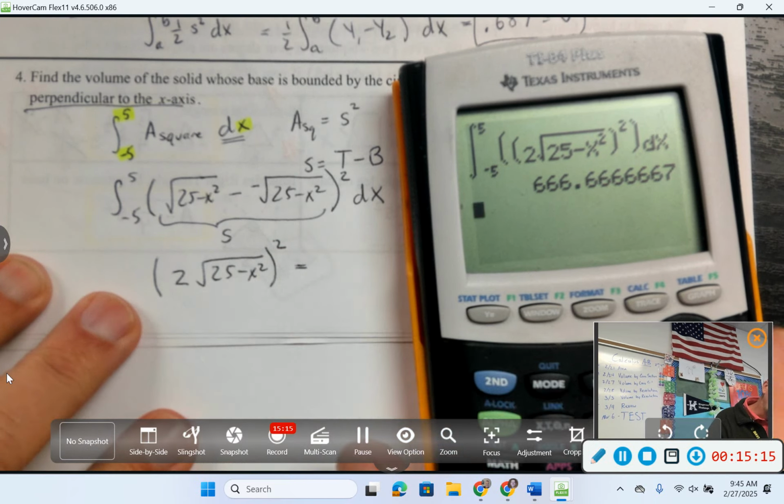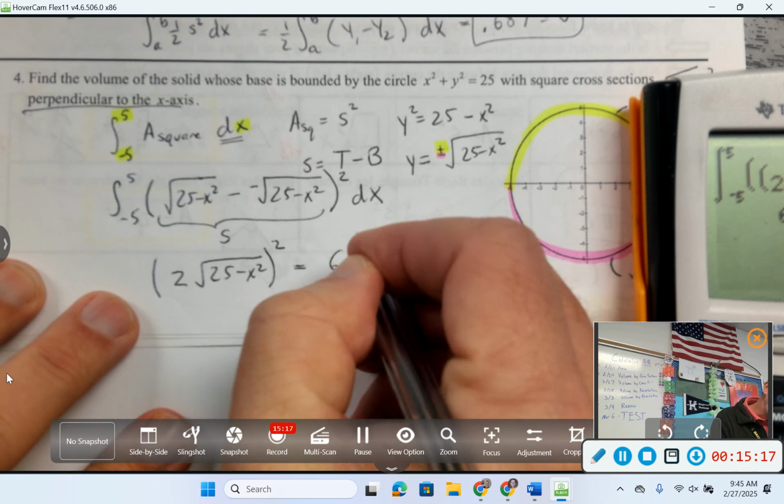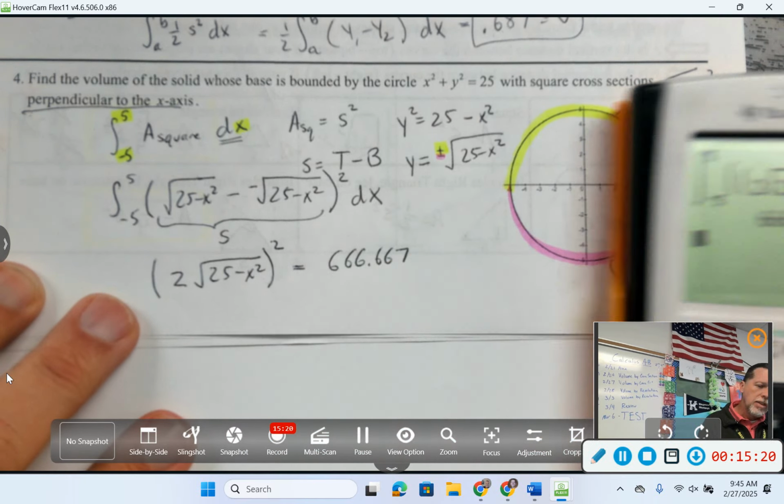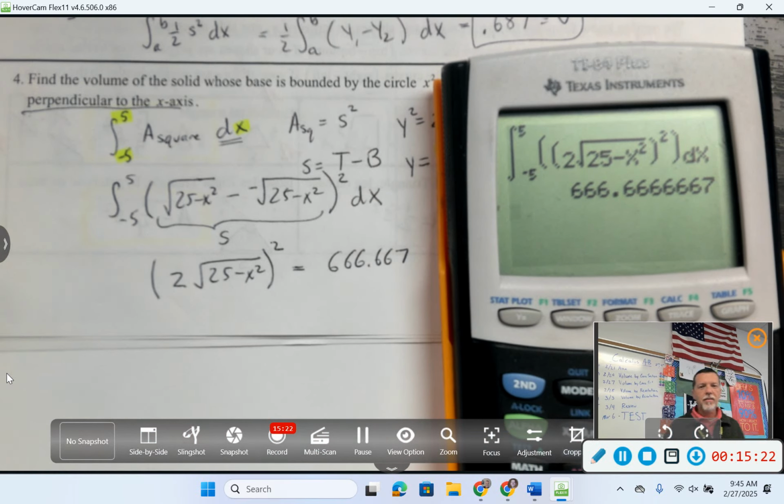I get 666.667. Looks like it would be a fraction of some sort, but